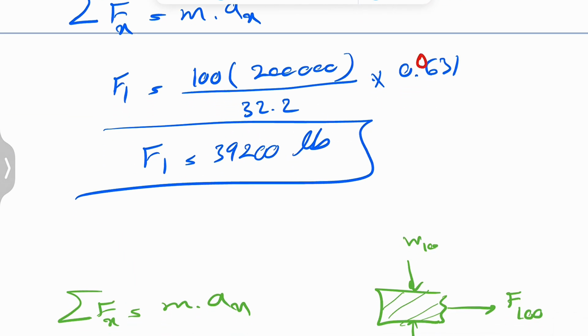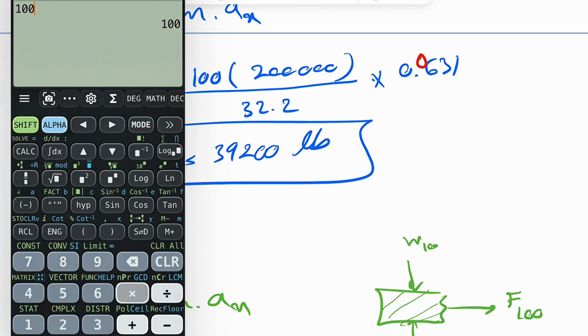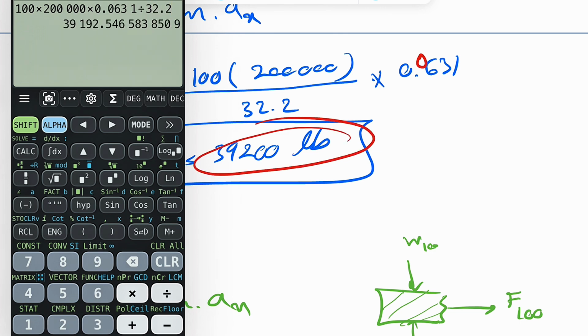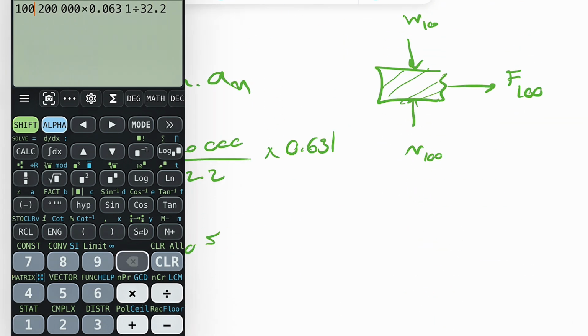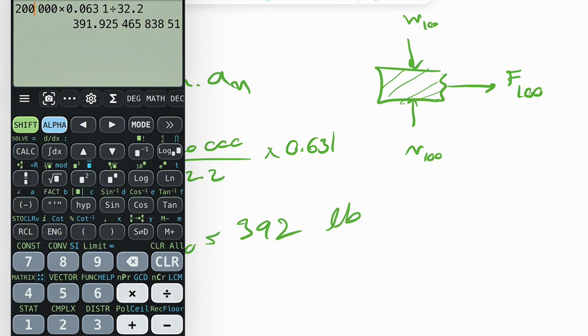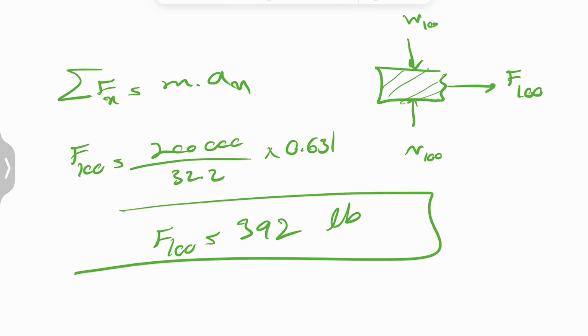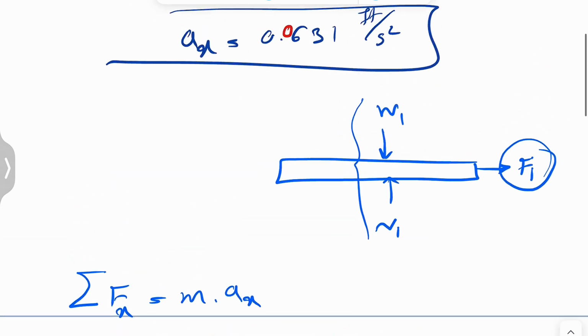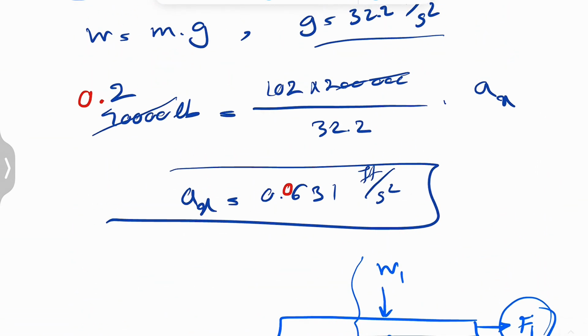If we do that, the acceleration would be different. So yeah, 100 times 200,000 times 0.0631 divided by 32.2. And yeah, the answer is correct here and here. We just have to get rid of this. So we're going to get 392 pounds, again, if you want to report it in 3 sig figs. And yeah, that's going to be the final answer for this question, 0.063. That's why I missed a 0 in here. This is 40,000, not 400,000. But other than that,